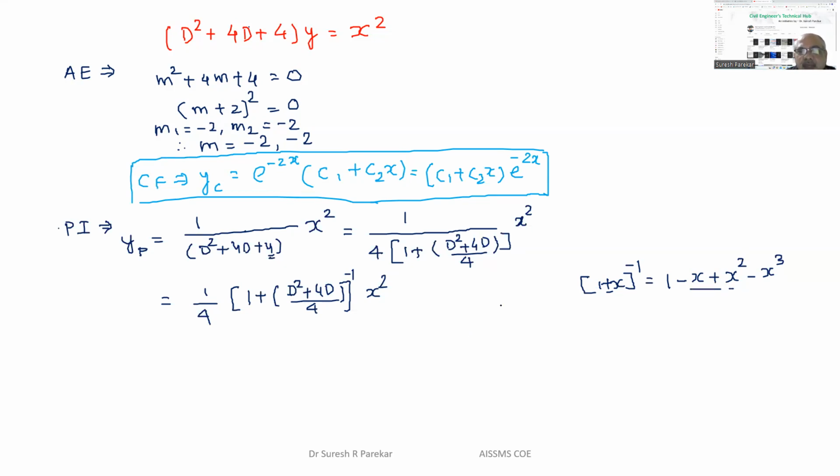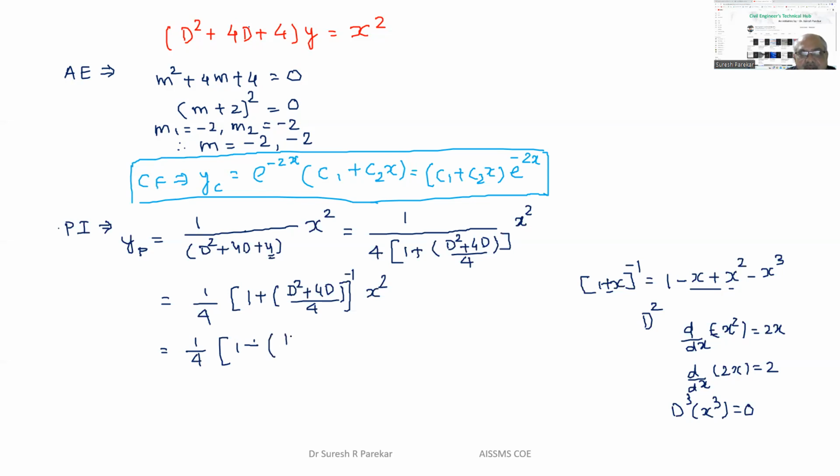So we have to take D to the power 2 terms, because we have x square. The derivative of x square is 2x, and the derivative of 2x is 2. If we go to D cube of x square, then it becomes 0. So we require only terms till D square. Now if we solve this, what we will get is 1 by 4 in bracket 1